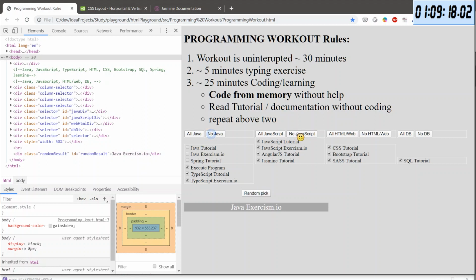Okay, so when I disable all of those, it should pick only those. It should pick TypeScript. Oh wow, that's awesome. I did it. It's probably not the best way to do it, but it is a way and it works. So that's something I'm pretty happy about.